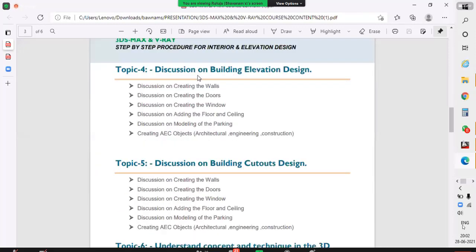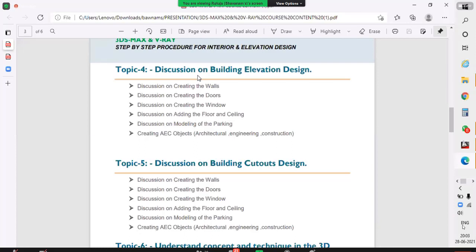Okay, so the second topic we will get here is the discussion about elevation design. You know the importance of elevation design and the various methods to draw a perfect elevation. If you look at your home or another in your city, elevation design is the most important thing we will focus on.